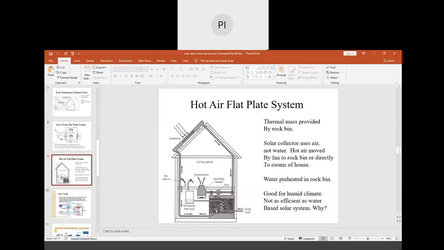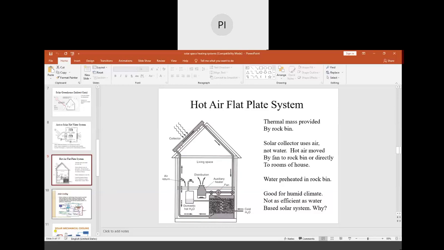The hot water distributes thermal heat radiations to thermal mass. That thermal mass heats up the air present in a container. That air is distributed throughout the room. This is one type, where we are using a fan, so it is an active system also. Then this is all about room heating phenomena, space heating phenomena.